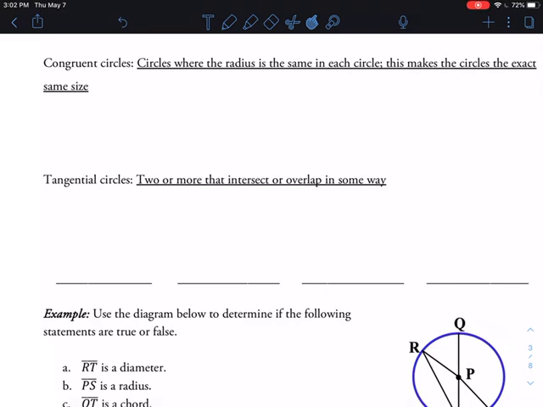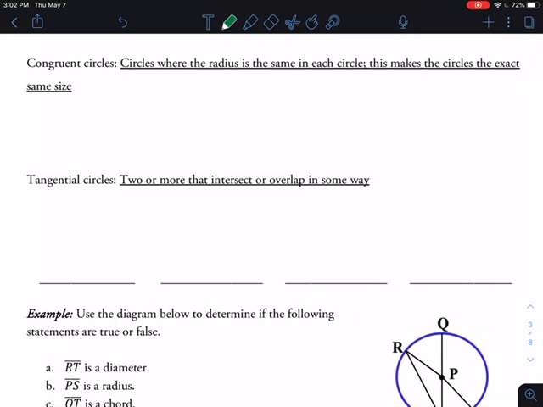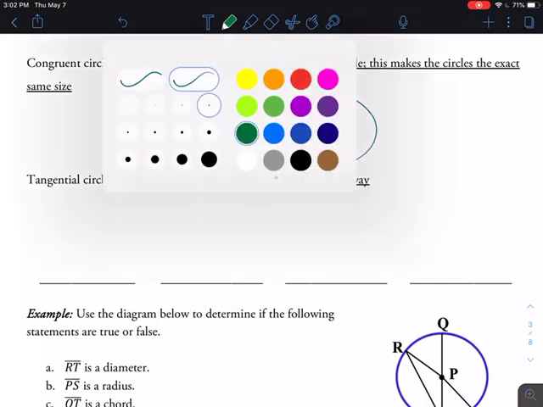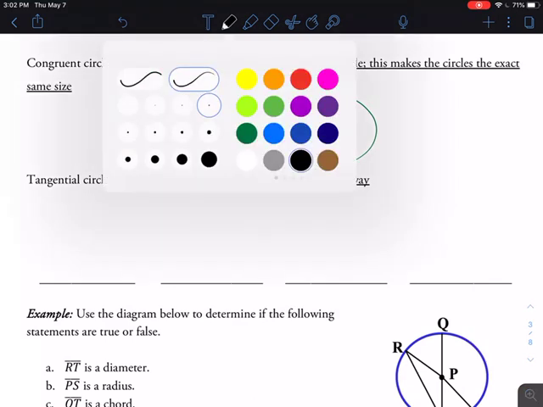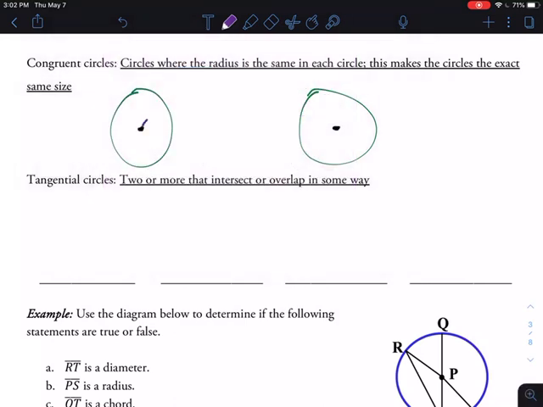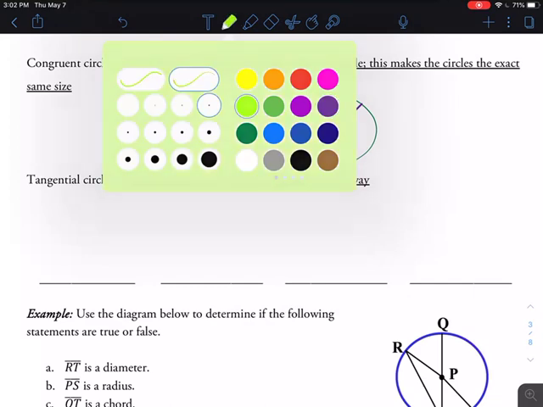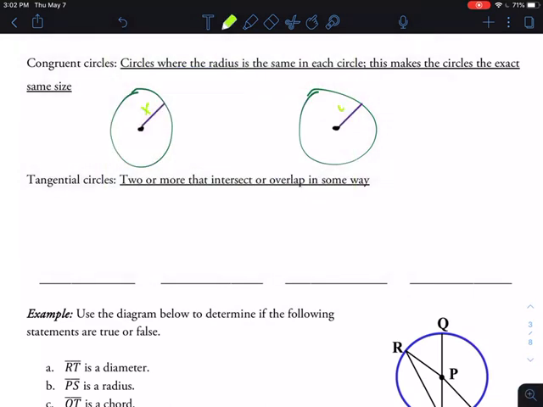All right, congruent circles. So congruent circle means that it's like two or more circles where the radius is the same in each. So if I had one circle here and one circle here, and then we had some centers in our circles, of course, right? So here and here. And then let's use, I don't know, I like that purple color. So we have a radius right here. And then a radius right here. And let's say that this radius had length x and this radius had length y. Then if x equals y,